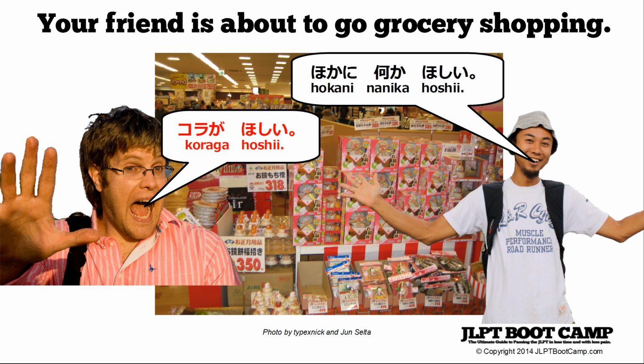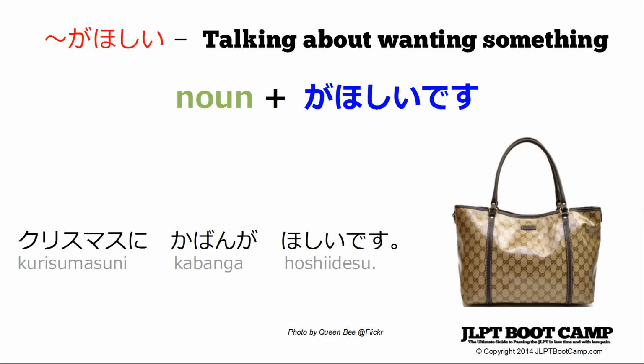And you respond, "Kora ga hoshii." So kora is Coca-Cola, ga is the subject marking particle, hoshii is I want that particular noun, that object. So here's another way to talk about wanting something, wanting some kind of object. And this is noun plus ga hoshii desu. Now, this is technically polite here with the hoshii desu, but in real usage, just talking to natives, doing research for this particular episode of the N5 grammar lessons,